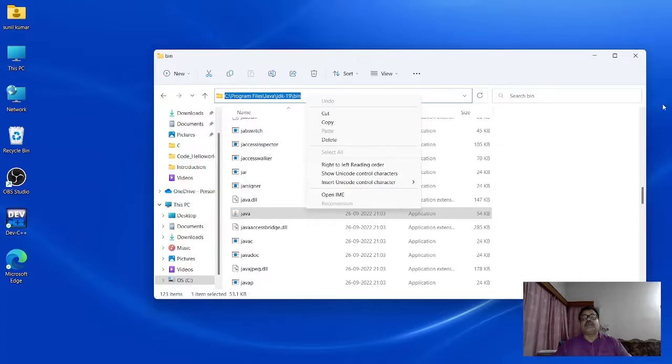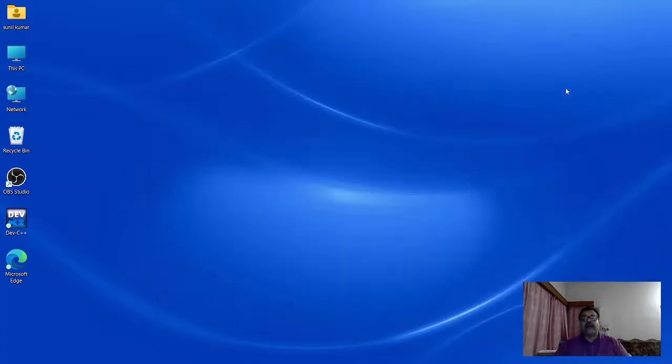If you copy it here, and if you want to use Notepad, you have to execute your program from the command prompt. You have two options. Either you can edit your environment variables, and in the path you should write the path of the bin directory of Java.